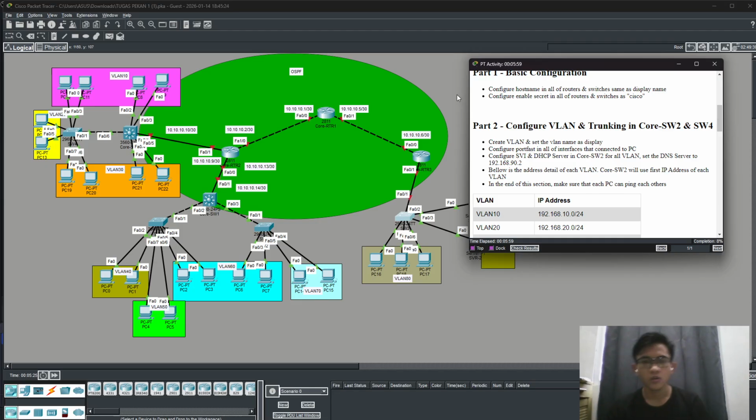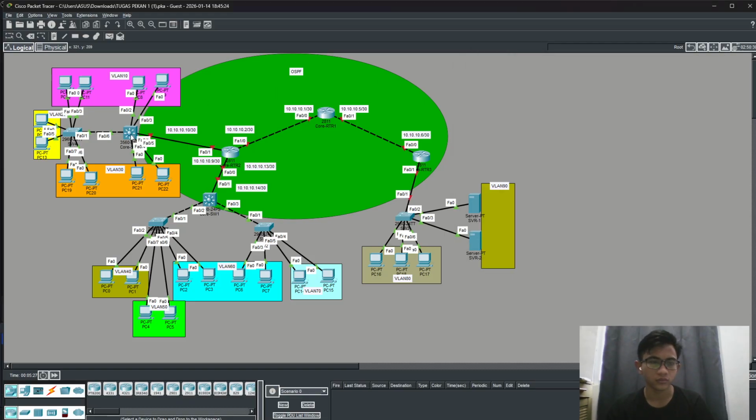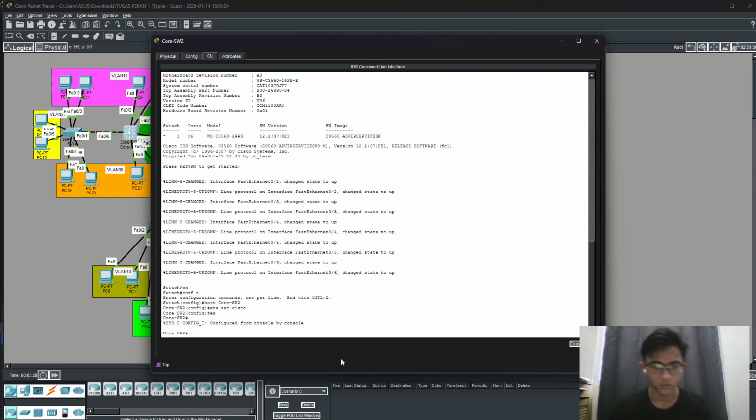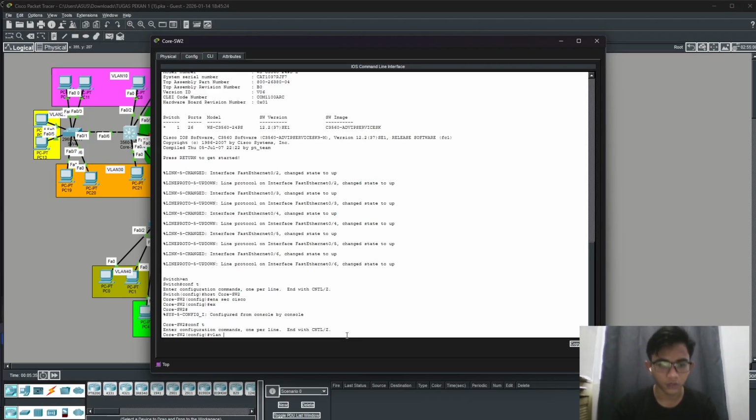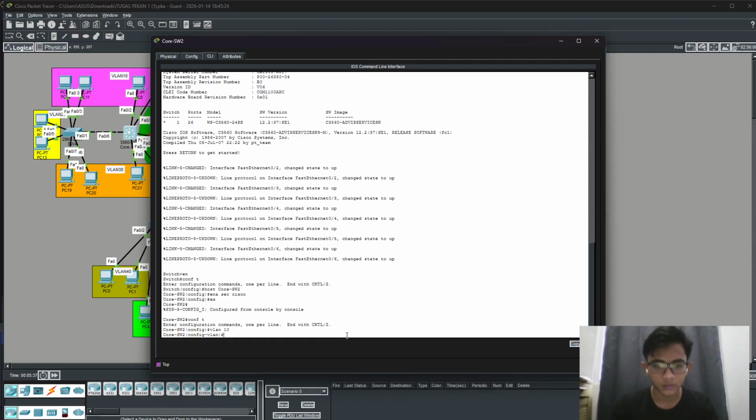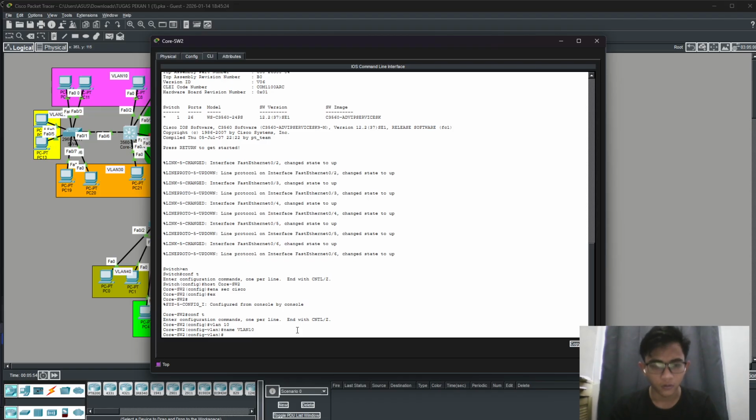So now we will make the VLANs here in the MLS. Configuration terminal, VLAN ID 10, name VLAN10. I will use this because here you can see all of the letters are capital, so you must write all of the letters capital in the CLI too.